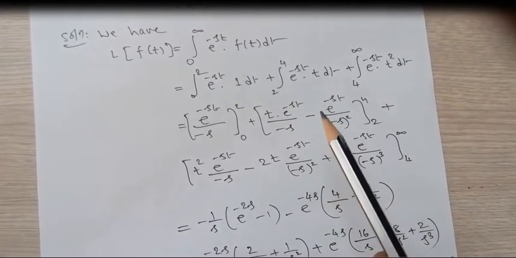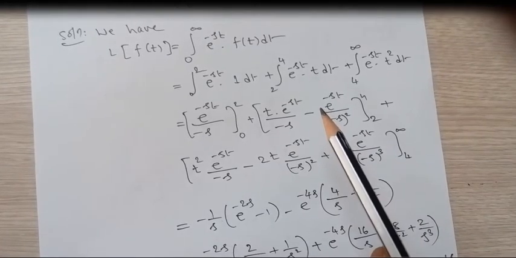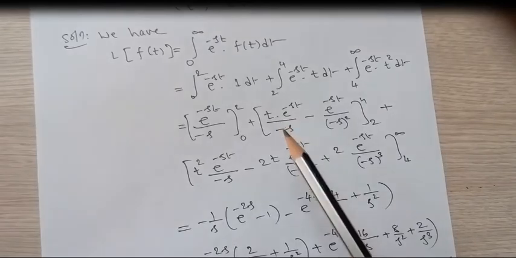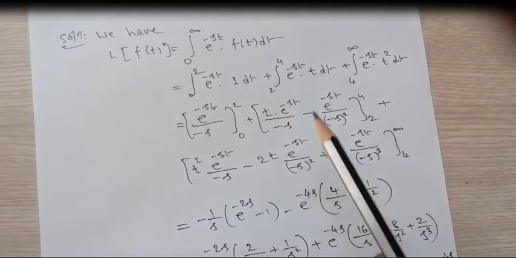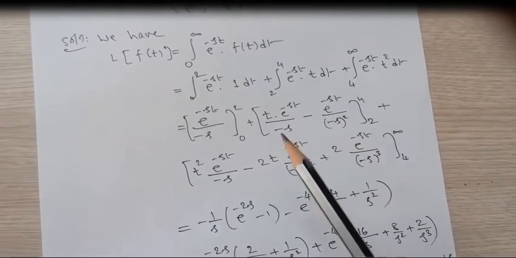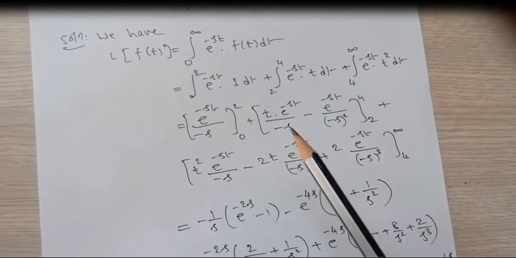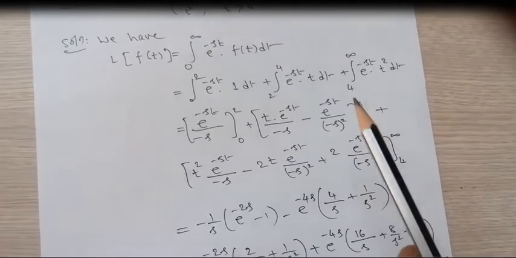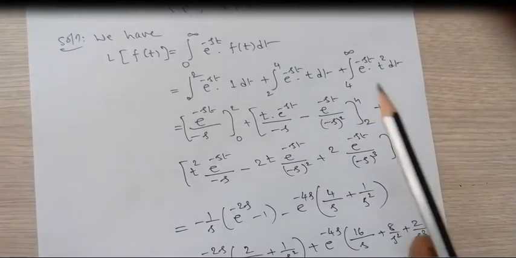Differentiation of t is 1 here, and integration of this with respect to dt is e raised to minus st divided by minus s. Minus s into minus s is minus s whole square, over 2 to 4, plus